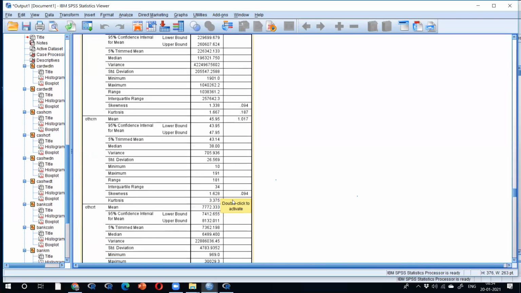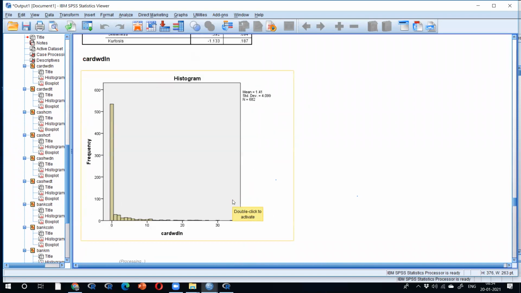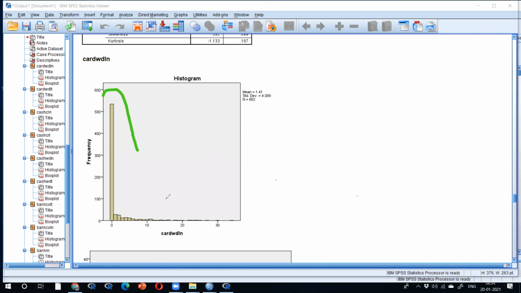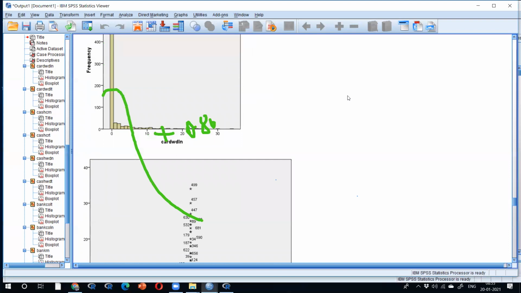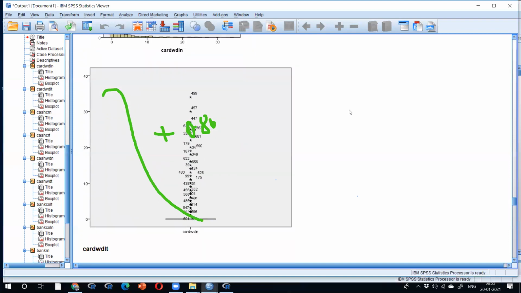At the same time, go for the first data. That's why your data is very bad. It's purely skewed data. It exceeded plus or minus 0.80. Outliers.